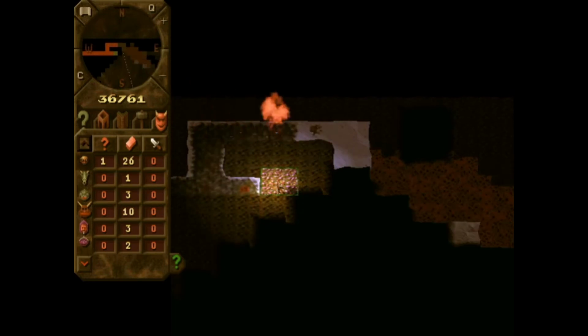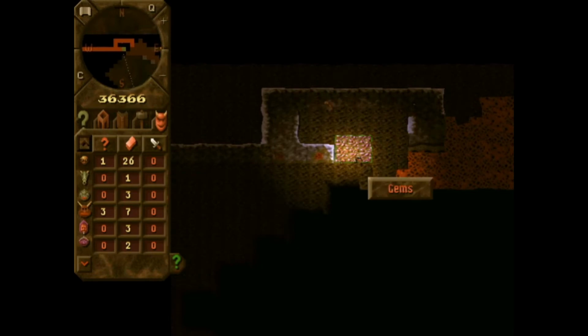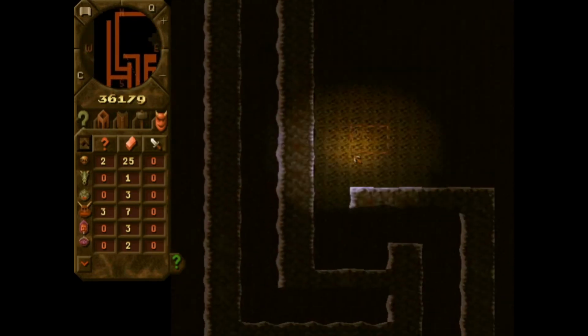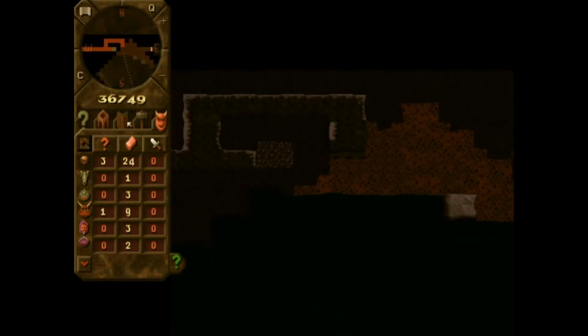And we got another gem. Now, really quite annoyingly, there's no good place for a treasure room in this area, right? It's just a long corridor. It's hugely inefficient. So what I think I'm going to do...